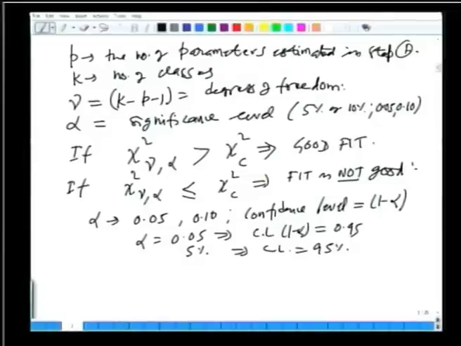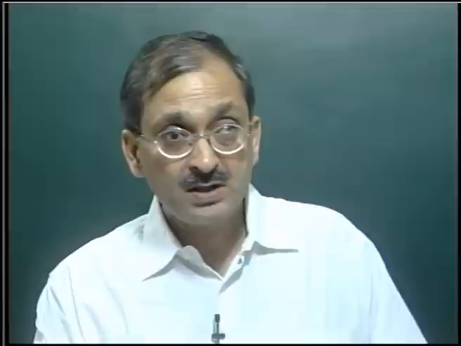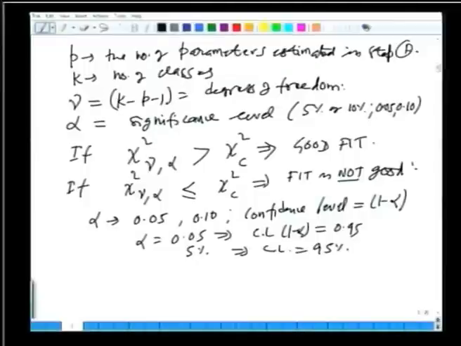It is K minus P minus 1. So, there are 2 or 3 different people conducting this test. Different people may take different values of K. All right. Depending upon that, the answer may be on either side. Okay. So, what we do is we try to minimize that, and there are certain guidelines that are available to choose. All right. So, let us look at the guidelines